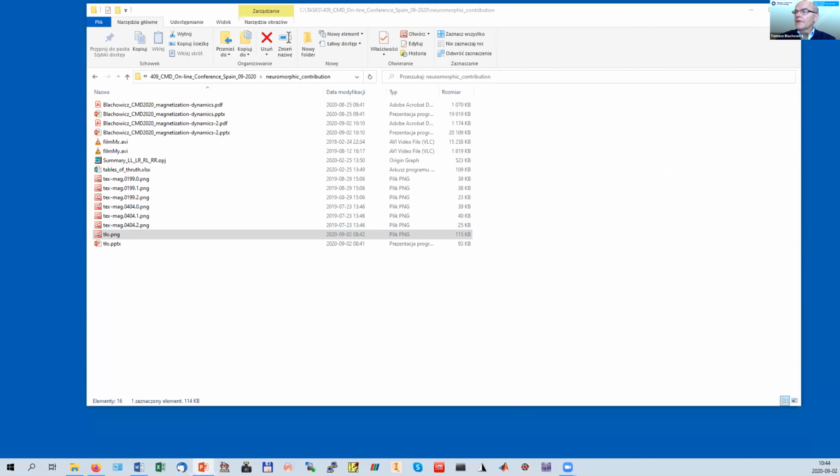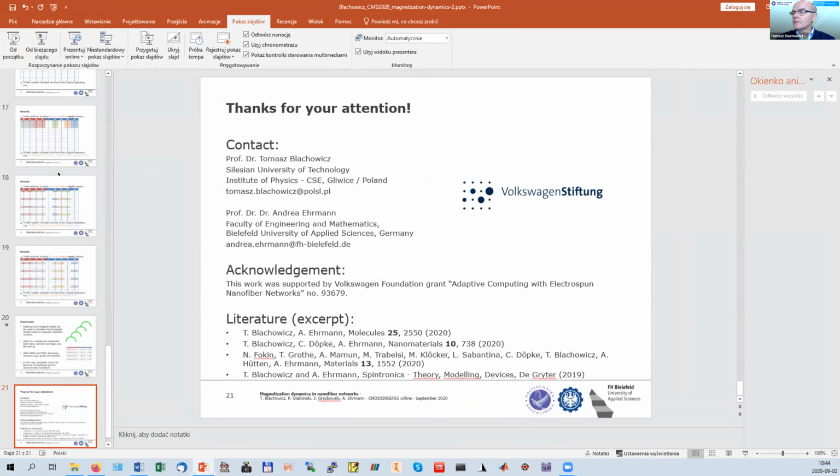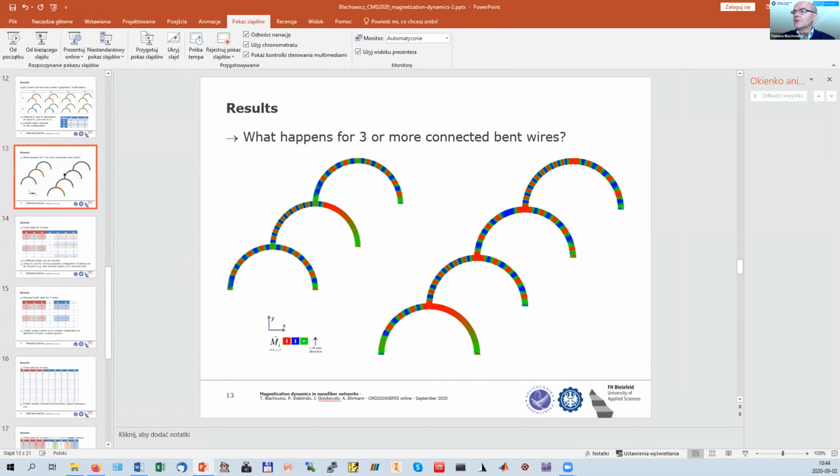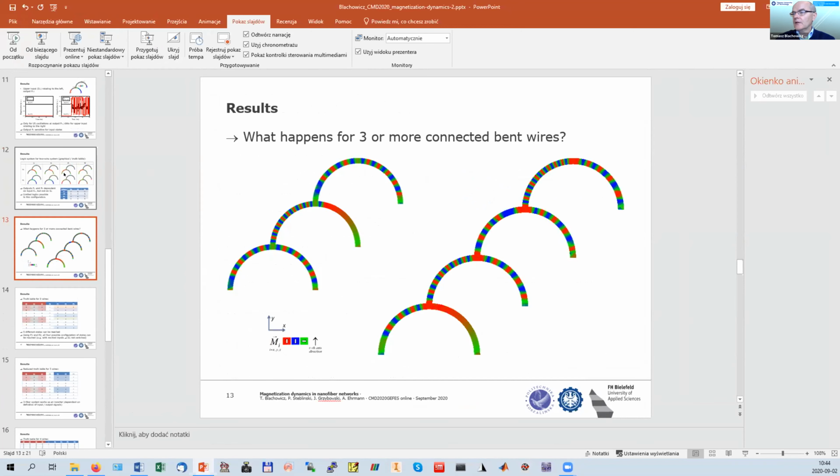Yes, I know that it was an example with a really huge field. But of course I can try with 10 times lower intensities, and it still works. This field, 1 Tesla, was chosen by accident, only to show some new features and some new effects. But I know that in real experiments with microwaves, for example, the fields are a little bit lower. The interesting point is that it's not so easy in typical micromagnetic